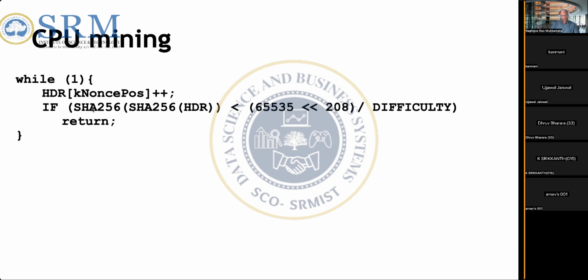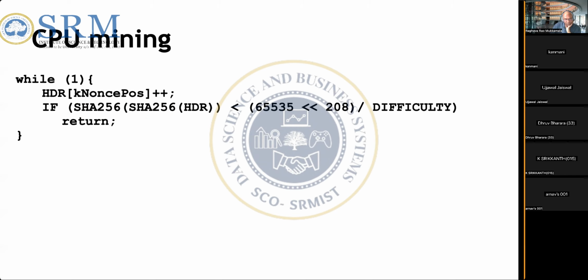And remember, I was mentioning that we compute a double hash. So we compute the double hash of the header, and if the double hash of the header is less than this threshold value, then we get a hit for the puzzle, right? You can see here, while true is an infinite loop, so it will keep on trying to find a hash within the difficulty threshold. This is the 256-bit computation. But on the other hand,